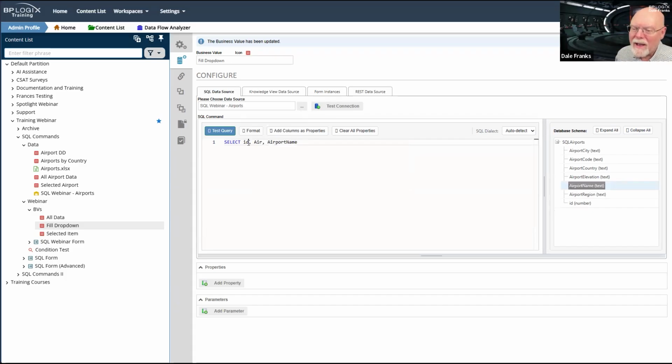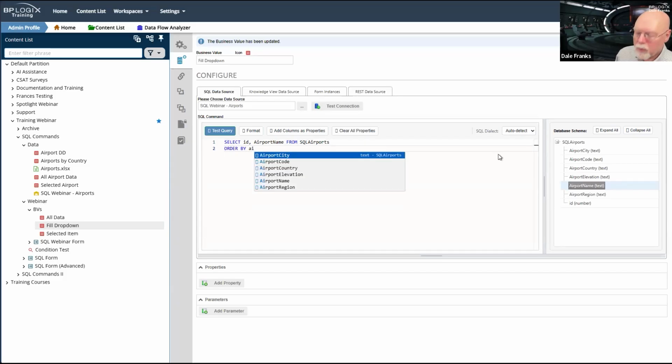Boy, ID is a really bad field name. That is on me completely. From SQL Airports, order by airport name. And that should give me my airports.